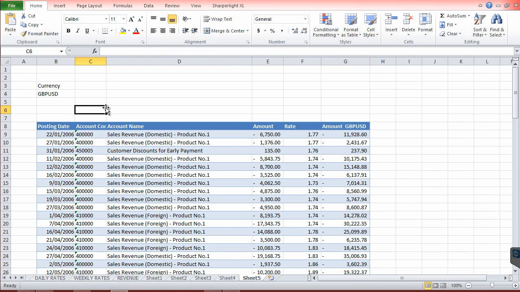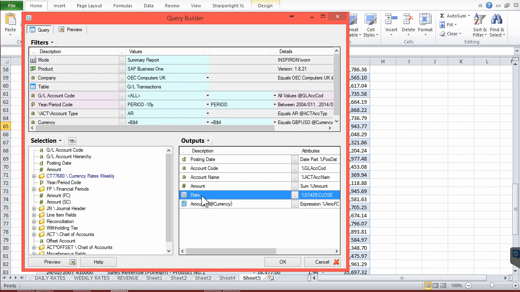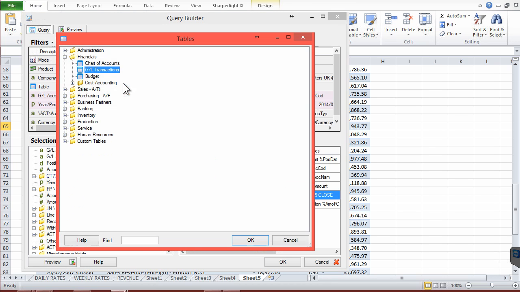Finally, let's have a look at the more complicated scenario where we'd like to bring in the exchange rates and make them appear as if they're part of the main product. So you can see here's our report we created earlier, and if I go in and edit the query, you can see that we've used a subquery to go off to the materialized query to look up those rates. But what I'd like to do now is show you how you can bring those rates into a particular